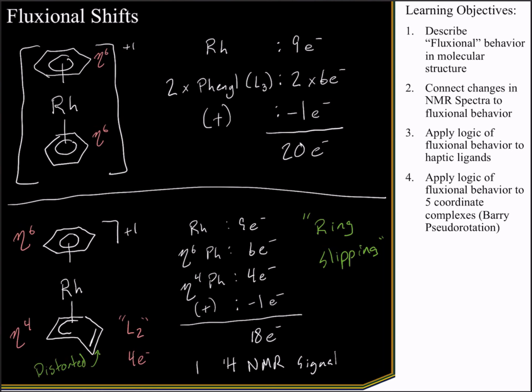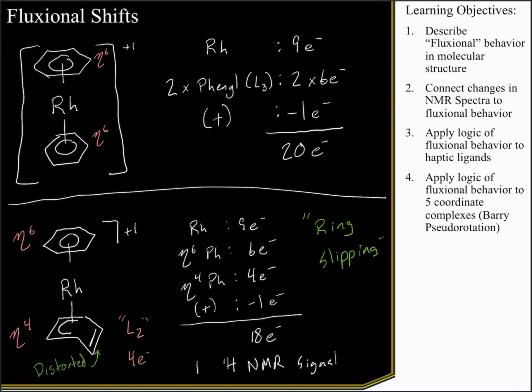and this is just a way for us to account for different electron counts. It's a way for us to get to 18 electrons. And also it explains some kind of interesting things that we see in spectroscopy. If we were going to cool this down, we could actually start to see this bottom benzene ring distort. And we can see not only that distortion in a crystal structure, but we could also see it in NMR